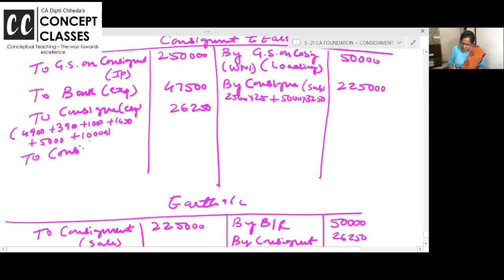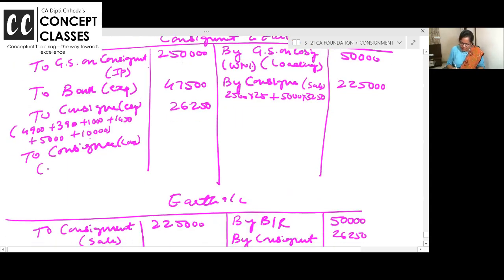To consignee, commission 5% on sales, 2,25,000 into 5%. 11,250. 11,250. Nice and clear to all of you. चलें आगे और